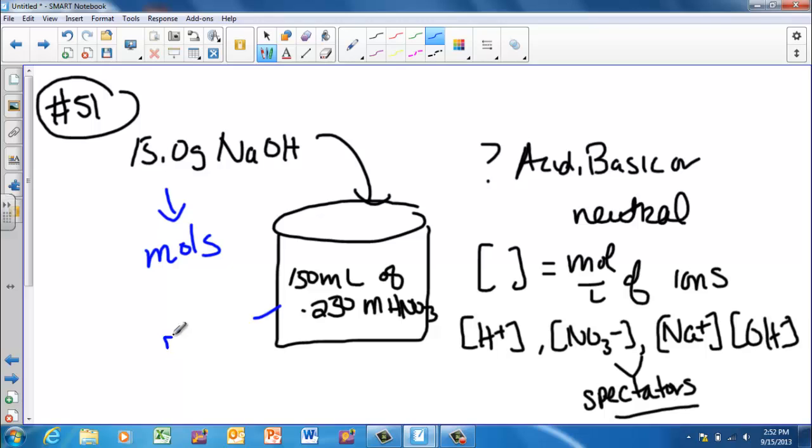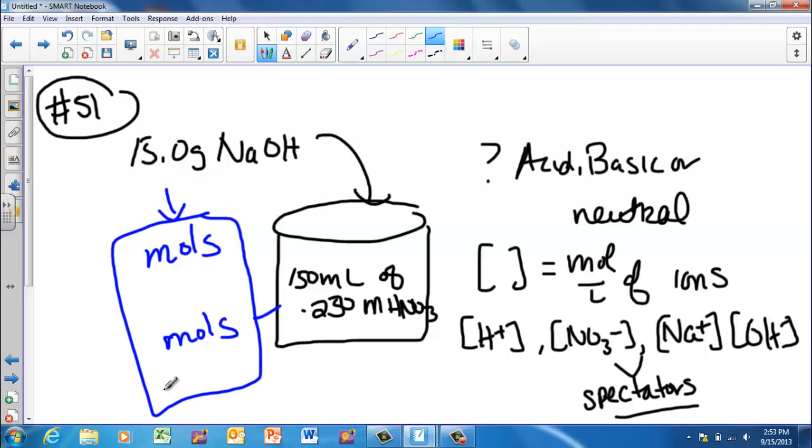The only thing you've got to do is get both of them to moles, and then you can solve for the reaction. Okay, so hopefully you can try 51 with better confidence. If you need more help, let me know, and we'll get